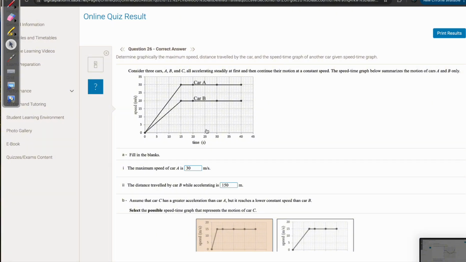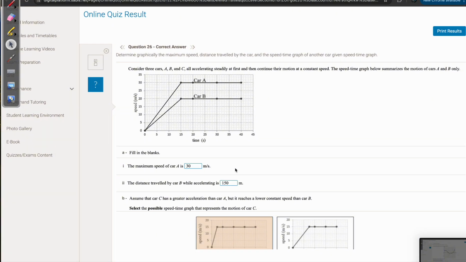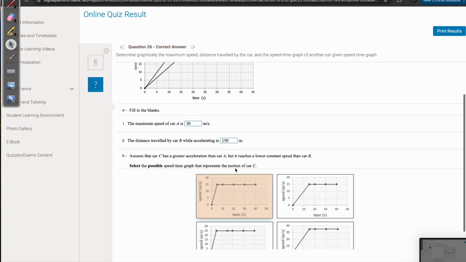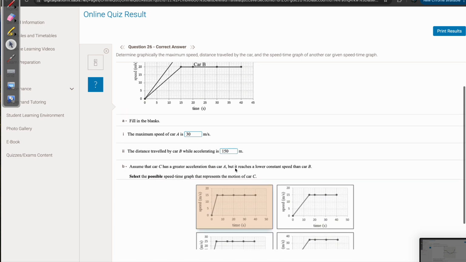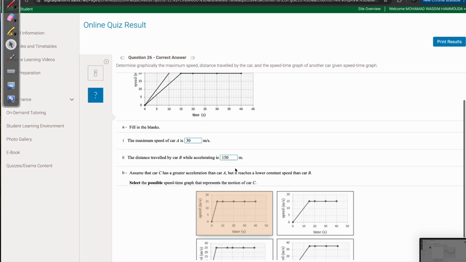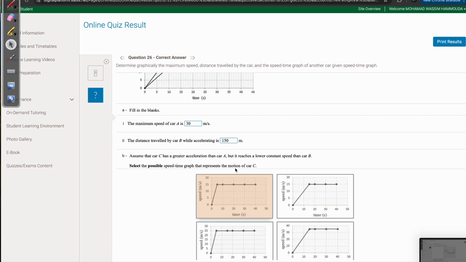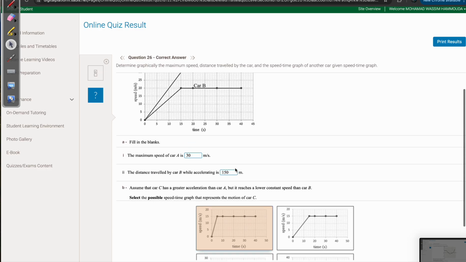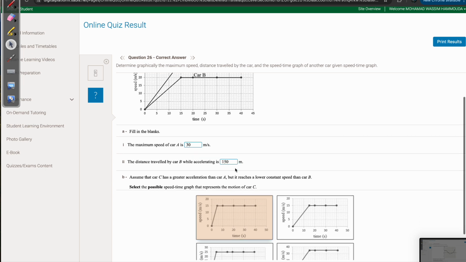Okay, assume that car C has a greater acceleration than A, but it has a lower constant speed than B. So basically what they're saying, they want the acceleration of C to be higher than A, but they want the constant speed of it to be lower than 20. So how are we going to know if it's a greater acceleration than A? We want the acceleration of C to be steeper. So